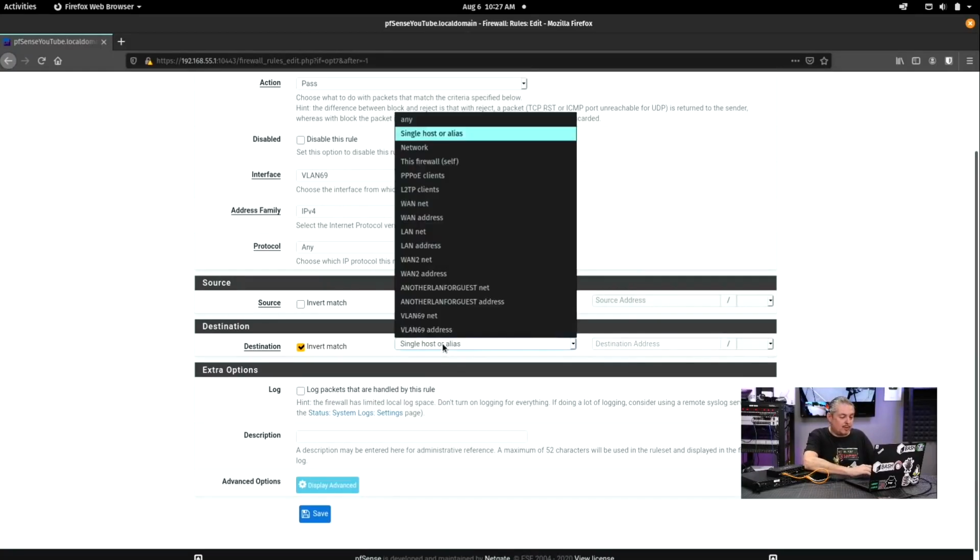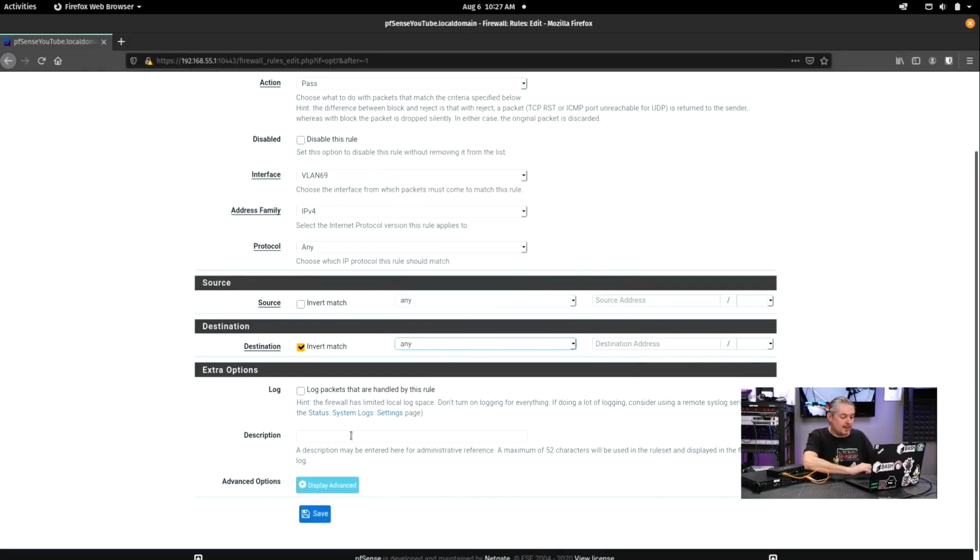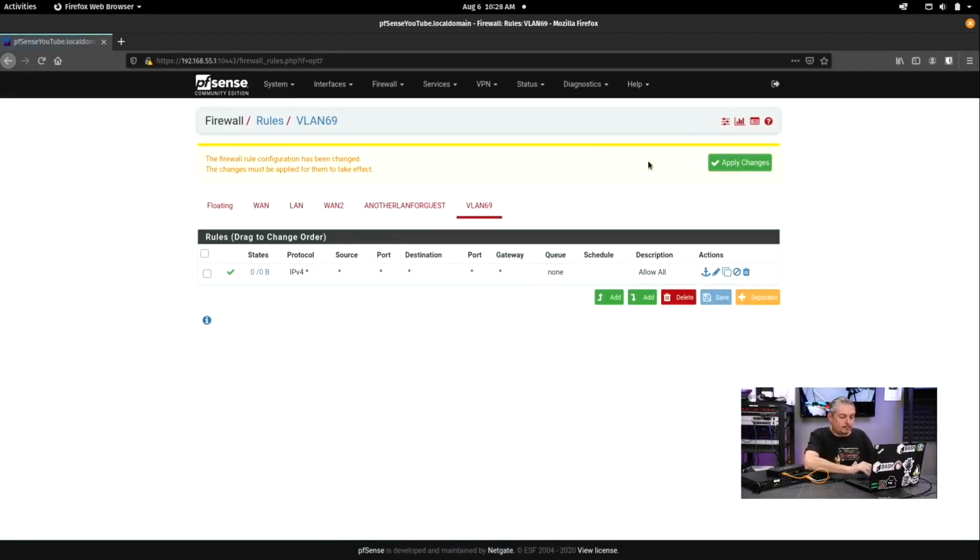So instead, we're going to say any. We'll make that assumption on this particular network, but we could have done either way on this. So we won't say invert match because that would make a mess. We'll just say allow all. Hit apply. And now this network's in there, but this network's not set to private, which means the guest can